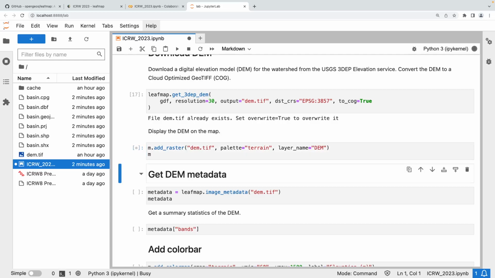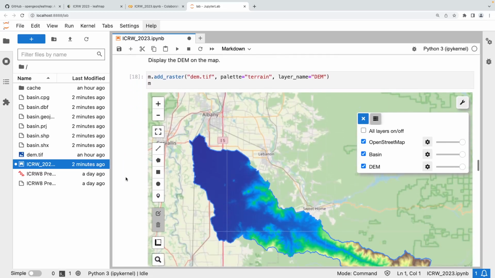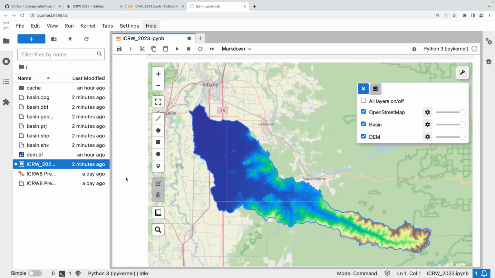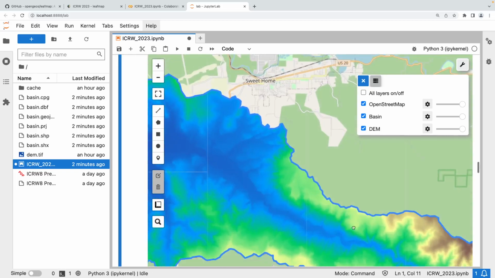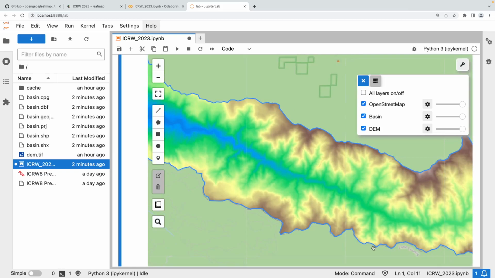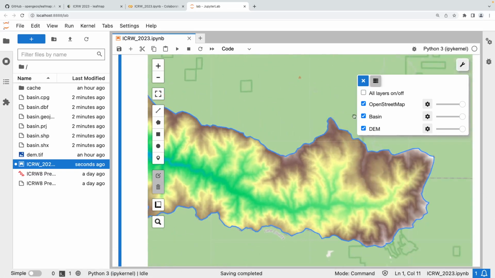You can also specify a palette and take a look at this. Very simple. So this map is also interactive. You can zoom in, you can see that. One thing to note is that on Google Colab, the image looks a little bit pixelated. I'm not sure if any of you run the code. It doesn't look as good as on my screen here. So there's a bit of a bug in Google Colab, but you can see now I have the DEM